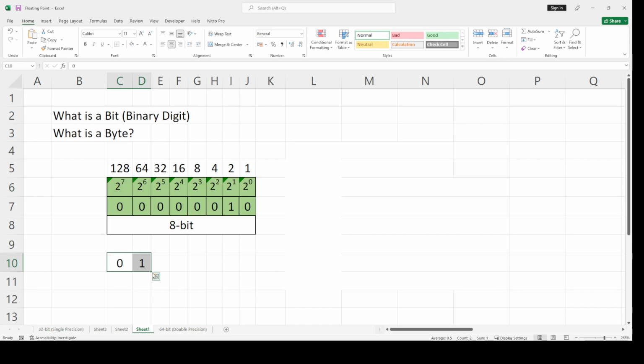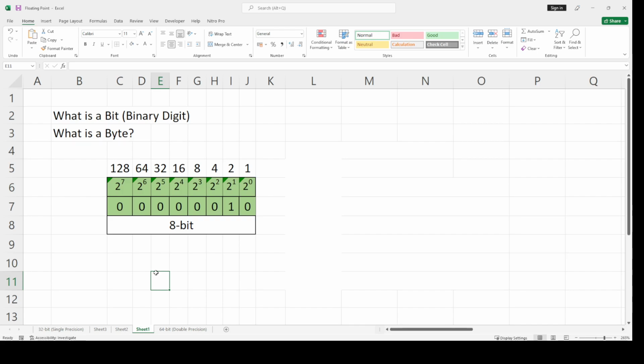If you can remember, in the decimal digit system, 10 raised to 0 is 1, 10 raised to 1 is 10, 10 raised to 2 is 100, 10 raised to 3 is 1,000. So it is ones, tens, hundreds, thousands, 10,000s, 100,000s, millions. That is how we count numbers in a decimal system.